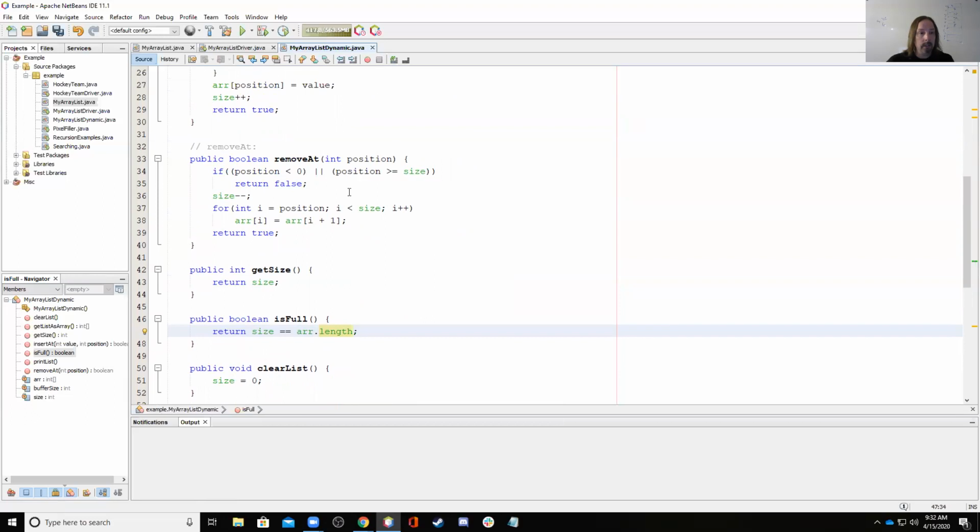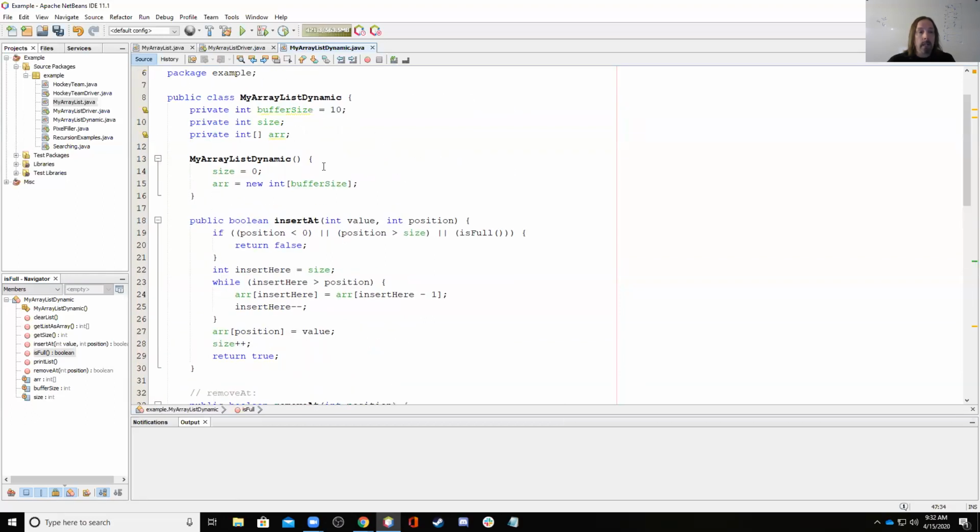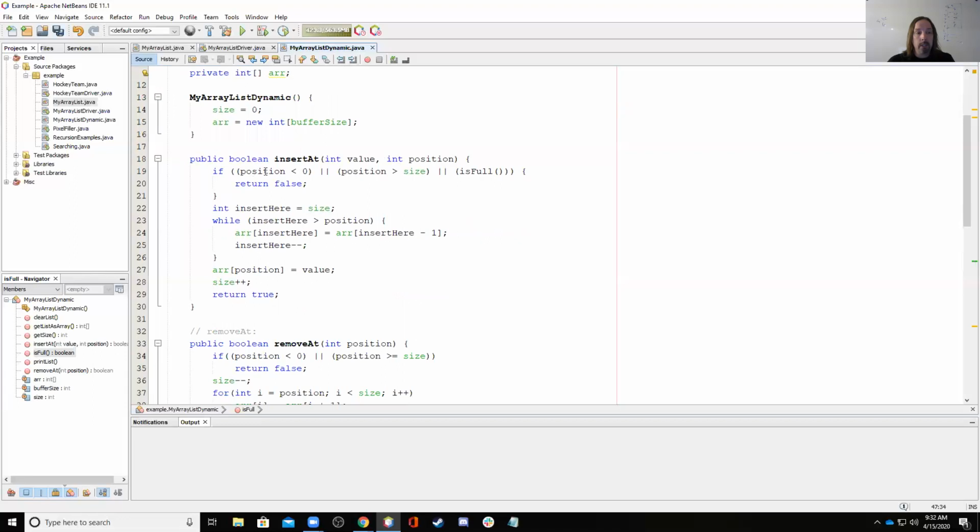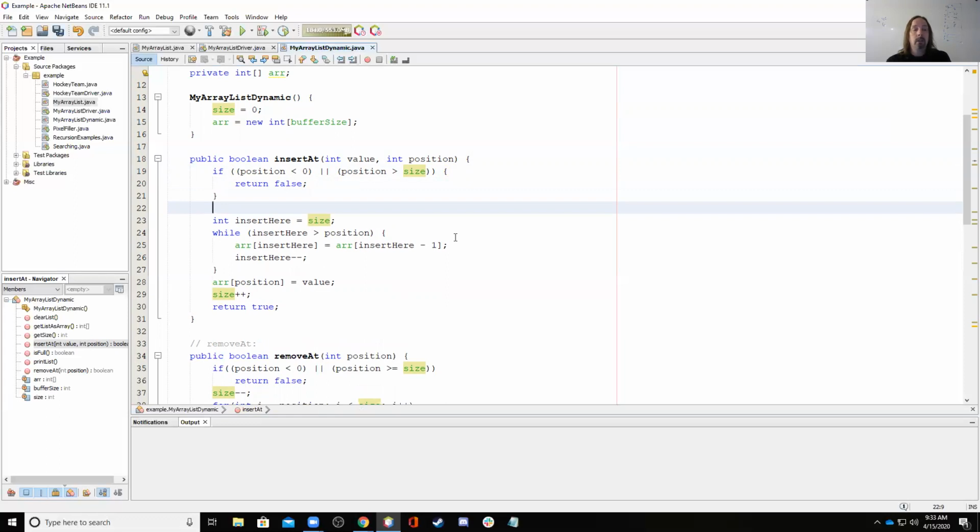I'm trying to think if I'm doing anything else, and there's not. And so now what I have is a situation where my buffer size is 10. My array starts out at that size. My positions, when I insert, these are still predicated on size. Remember, size is how much is in the list, and that's still the critical part of the array-based list. But the thing is, if the list is full, now I don't want to just say we're done. So instead, what I want to do is, if the position is bad, then I want to bail. But if it's not, okay, then I want to